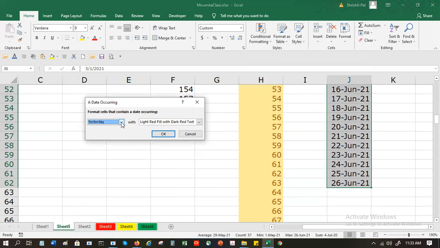There are different conditions: yesterday, today, tomorrow, last seven days, last week, this week, next week, last month, this month, next month. Let's say last week.